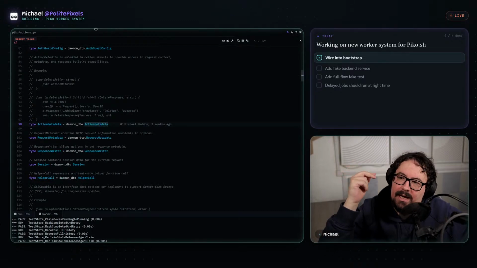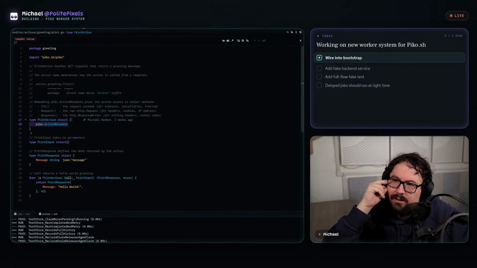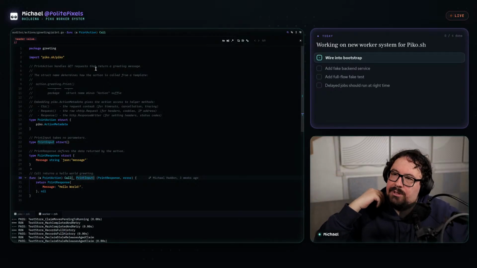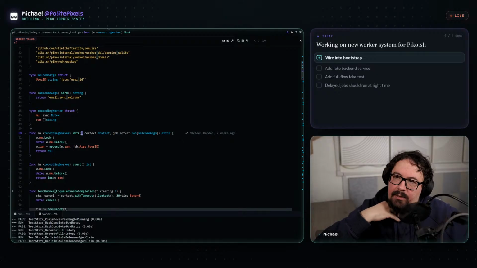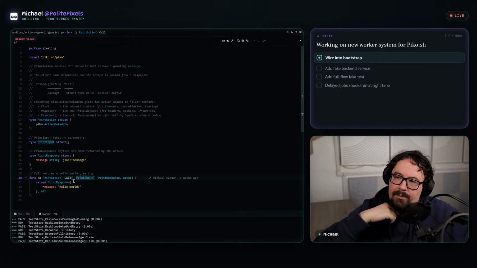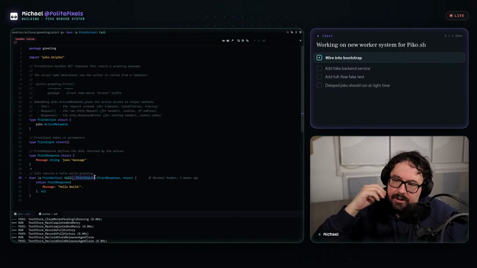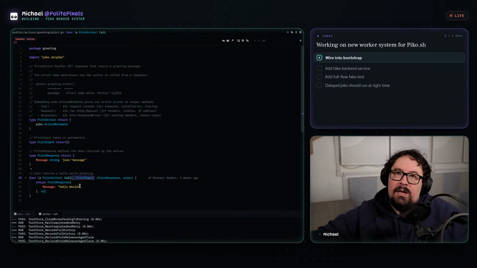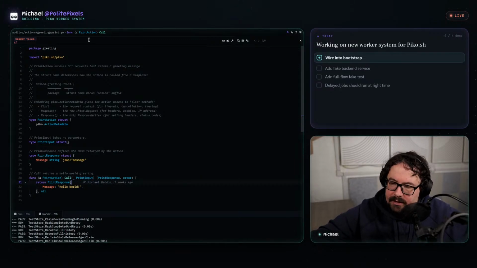I mean, it could always be that the action system is the system that has to change. But the thing is that the action system is trying to comply with rules that the worker system doesn't need to comply with. For example, with the action system, I'm trying to have a one-to-one mapping with the arguments to what you put into TypeScript or JavaScript. And so that's why it doesn't take context as a parameter, because you can't symbolize that context on your JavaScript or TypeScript side.